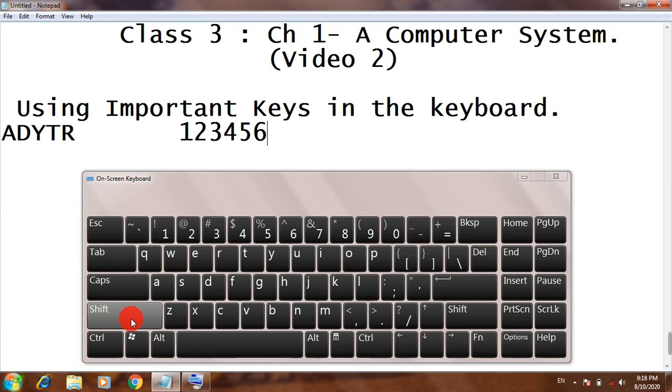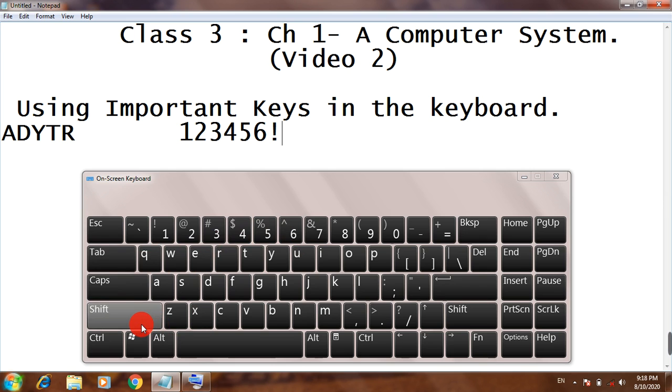First of all, you have to press this shift key. Now if you press this one, you can see these symbols appear. While using a keyboard device, you have to press and hold this shift key and then press these number keys to add symbols.